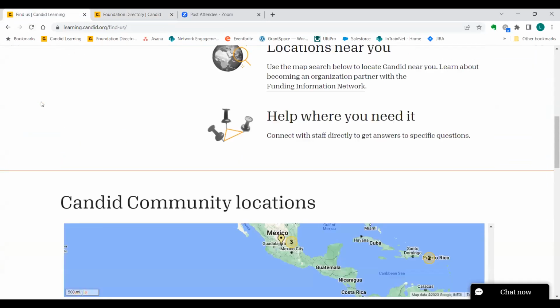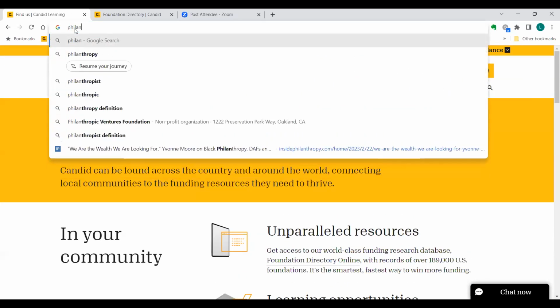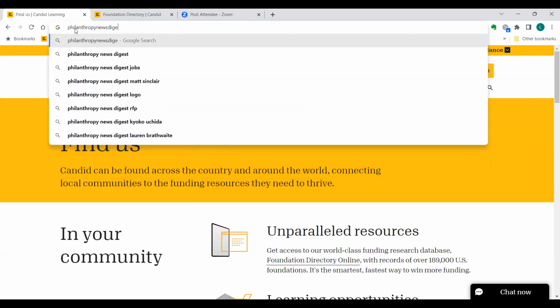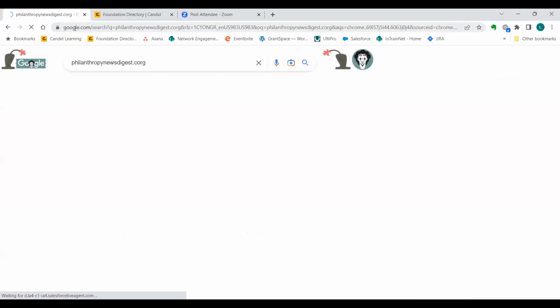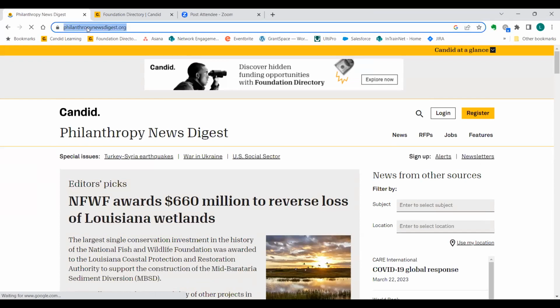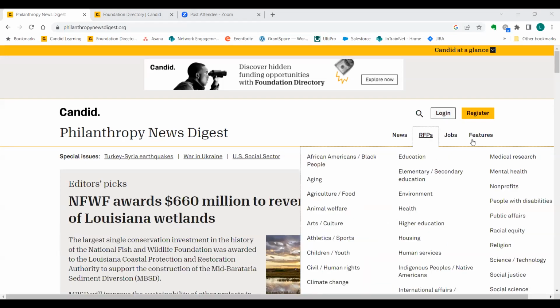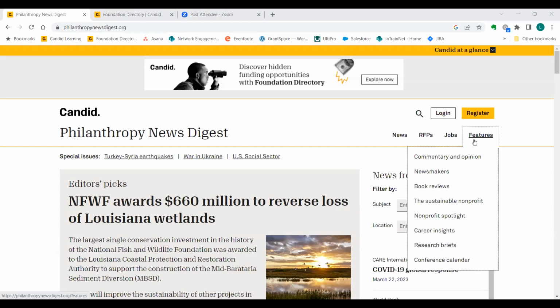Another way to look for services like that, and again, this is going to be in the US, but they may work overseas. We have a publication called Philanthropy News Digest. And I'm also going to drop this link in the chat. So Philanthropy News Digest is our news publication, but one of the features they have